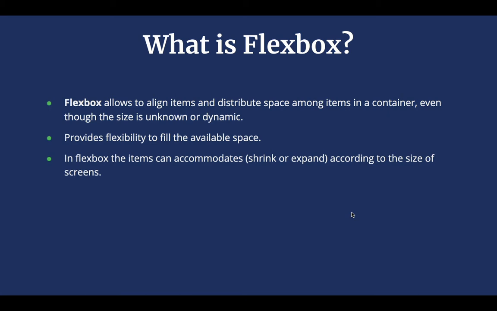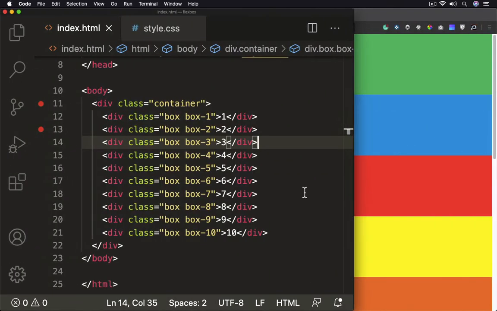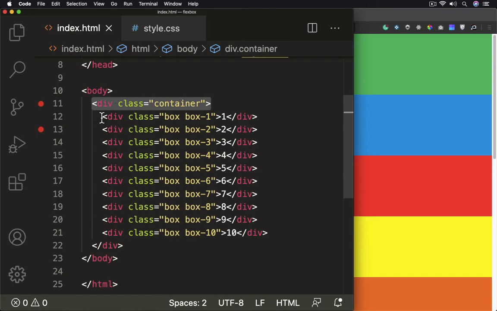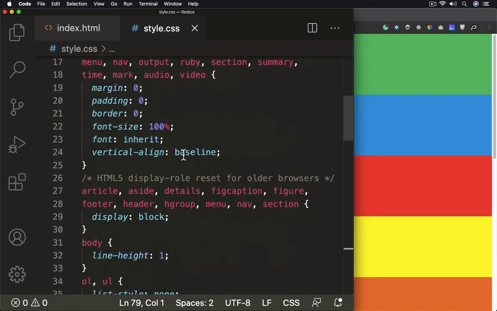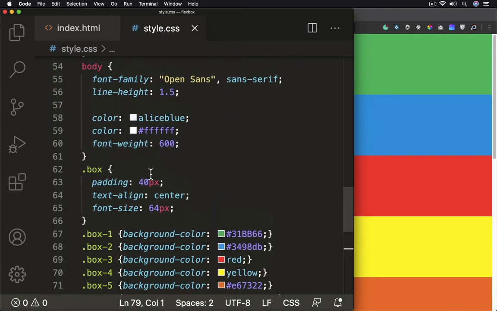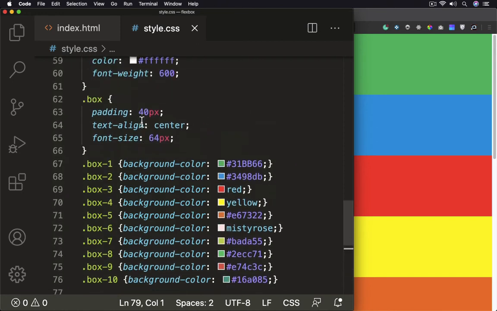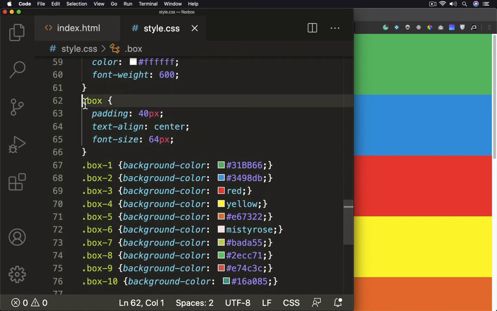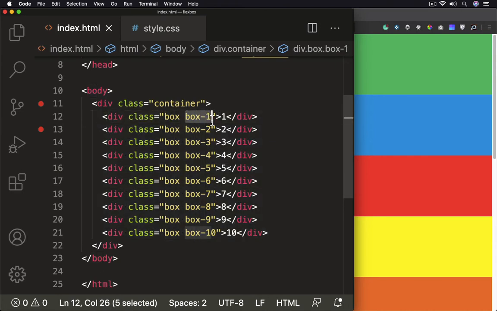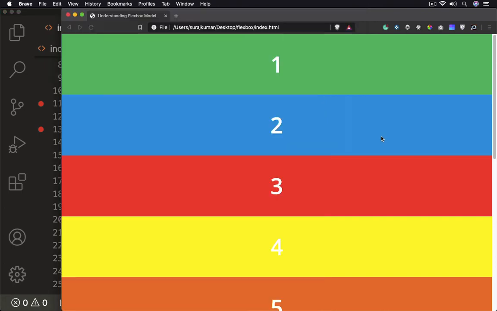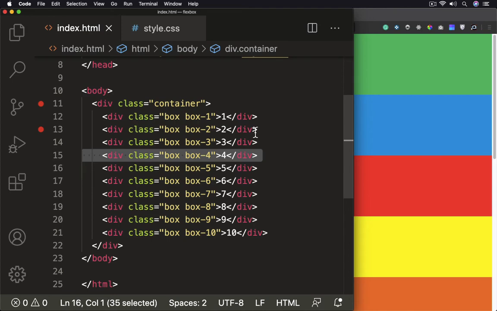Alright, so now let's understand how exactly the Flexbox model works. To understand, here I have taken one page. Inside this document right now we have a container, and inside that container we have a few boxes. Inside CSS we have normal CSS resets and then normal styles, and I have taken different backgrounds for different boxes which we have created using the box class. Inside the HTML we have the box class, and box one is for the individual classes, and our page looks something like this. Alright, so let's get started with Flexbox now.